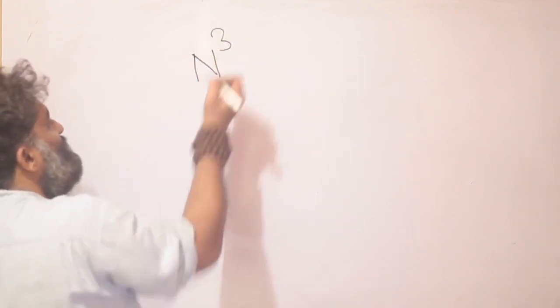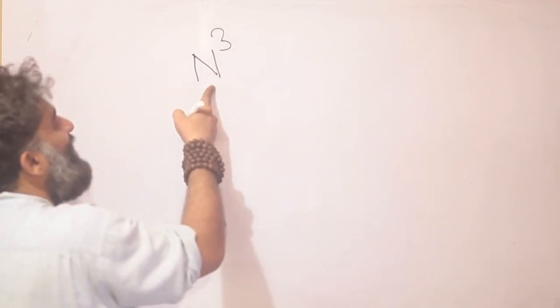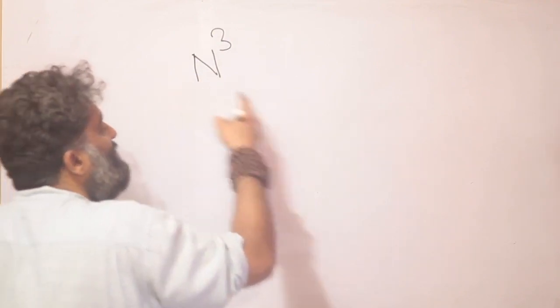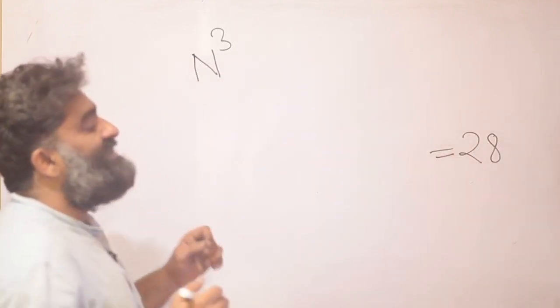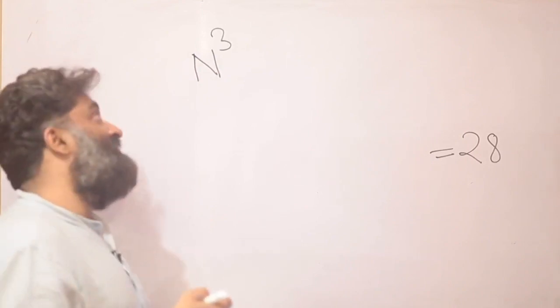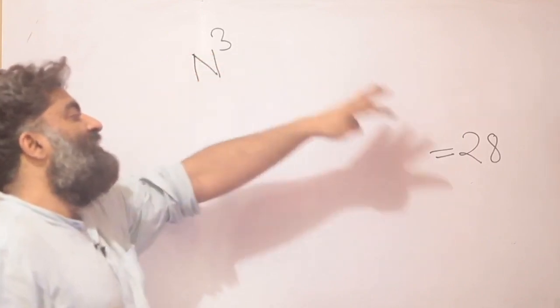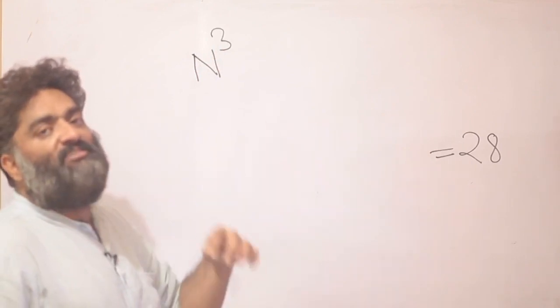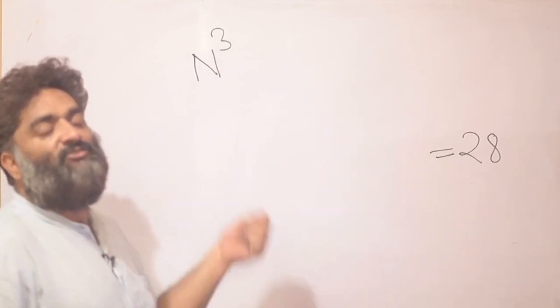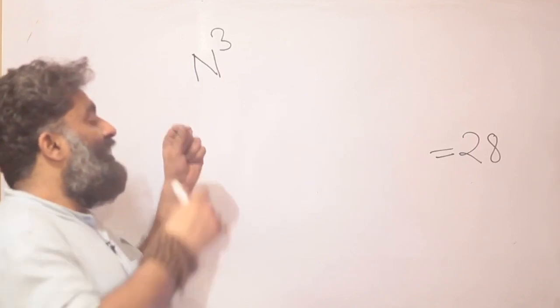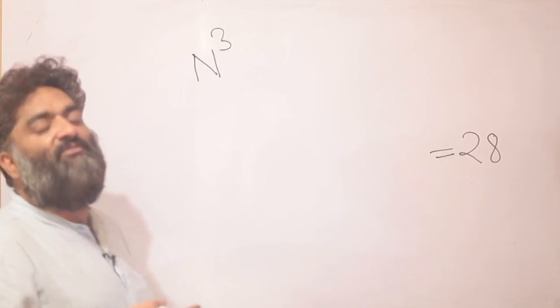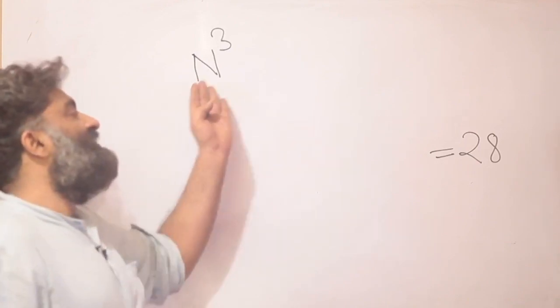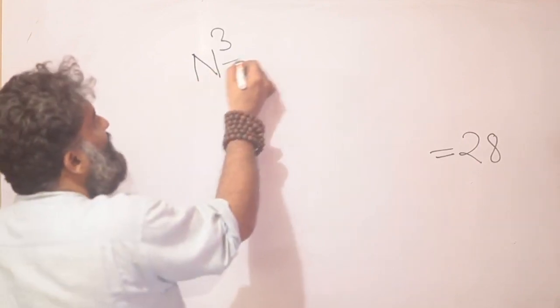So let's try one more question to try and complicate the situation. I tell you there is a number n cube and the number of factors for n cube, let me put it as 28. So this time we are not even talking about n, we are straight away going into n cube. N cube, the number of factors is 28. I am asking you what will be the number of factors for n. So a little even one more extra step compared to the previous process, because at least there we were dealing with n. Now straight away we are dealing with n cube.